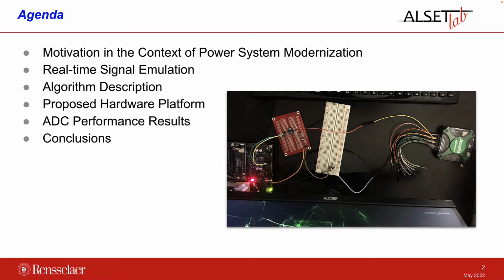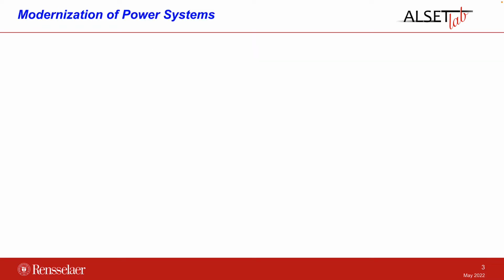proposed hardware platform, describing each of the components that were used for oscillation detection and how they communicate with each other. We will underline an important point that is related to the analog to digital converter selection and how this impacts the performance, in terms of accuracy, of any classifier. And finally, we will conclude our presentation by stating the main conclusions and takeaways of the work. So let's get started by giving some context and motivation for this work.